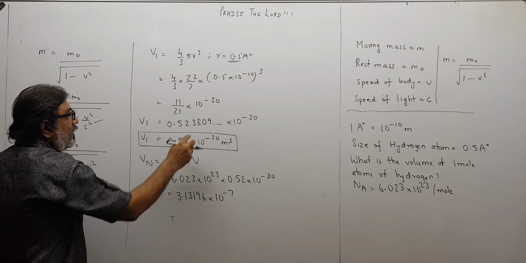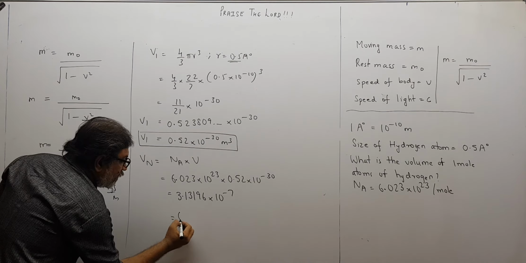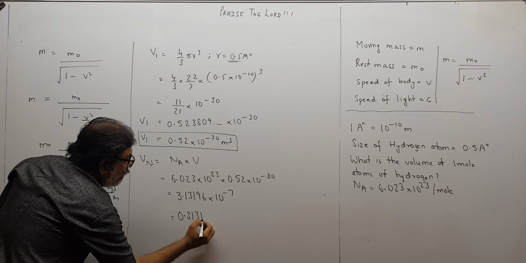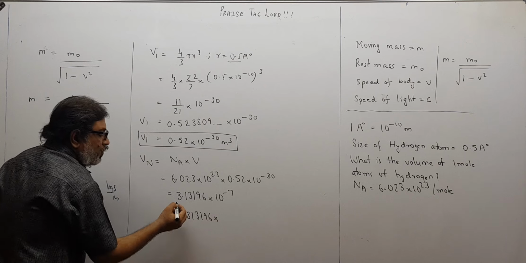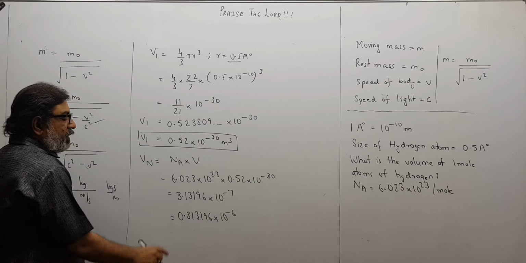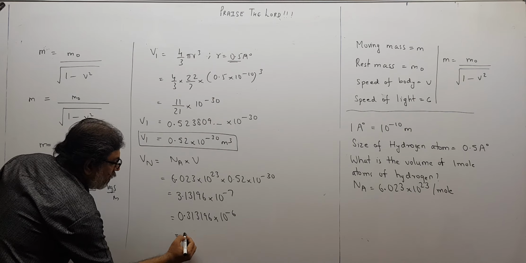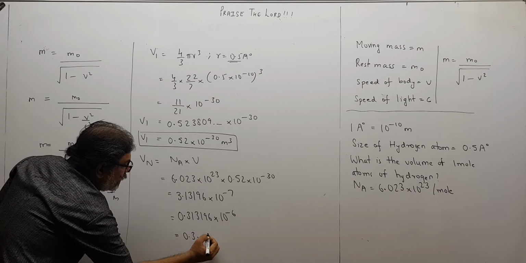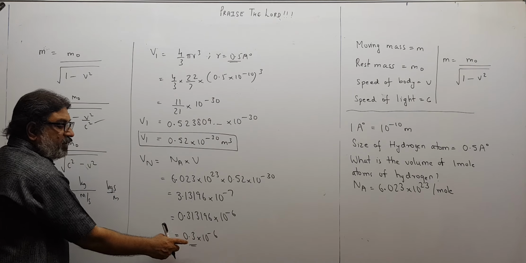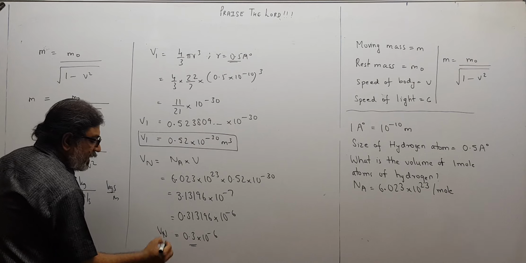Now children, I want only one significant digit and accuracy precision of 1 decimal. So I shifted 0.313196 into, I have divided by 10 and multiplied. So this becomes 10 raised to minus 6. I divide and multiply by 10. So this becomes this much, and finally that is 0.3 into 10 raised to minus 6. So one significant digit and precision of 1 decimal. This is the correct answer for n moles.